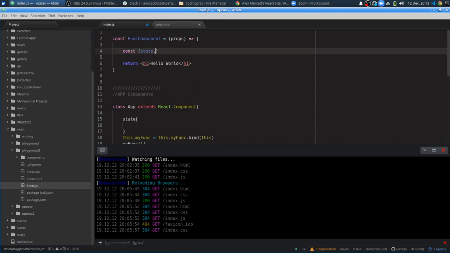So here you have to name it. I can just name it setState like normal. But I could also do something like this. I could do cheese and call it setCheese. And that would work just like state. Because it doesn't matter what you call it, the next part's what's important. I have to say equals React.useState,